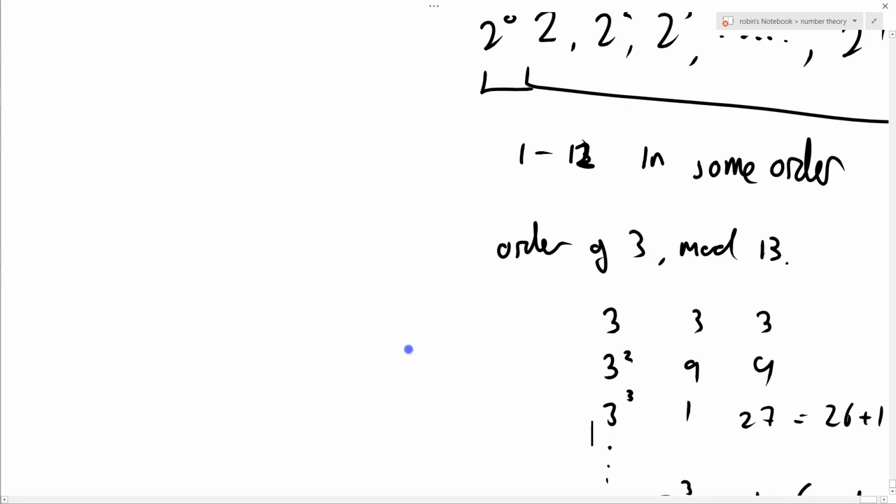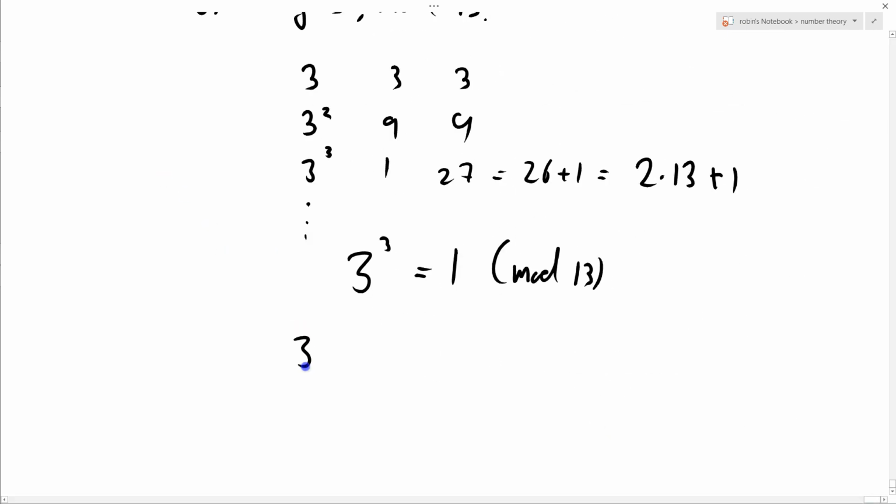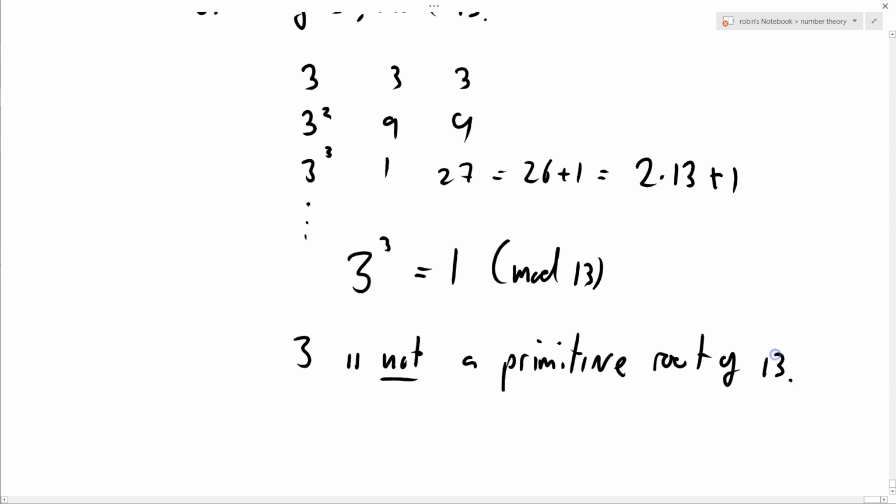So therefore, 3 is not a primitive root of 13. Sometimes numbers have got primitive roots, sometimes they haven't. You can show that